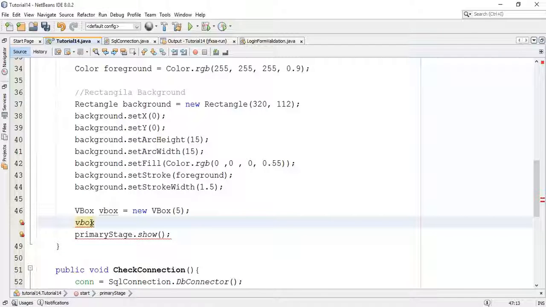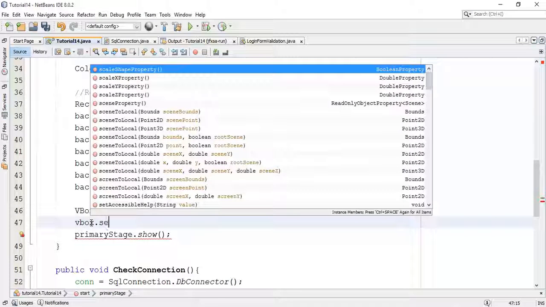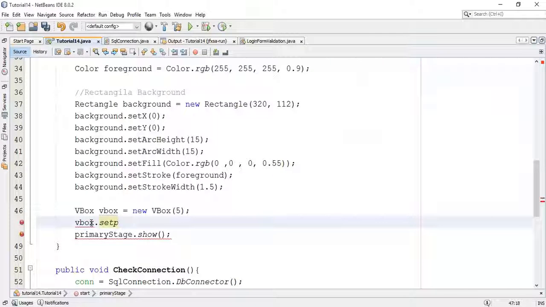So VBox dot set padding and say new Insets, with top 10, right 0, bottom 0 and left 10, semicolon.